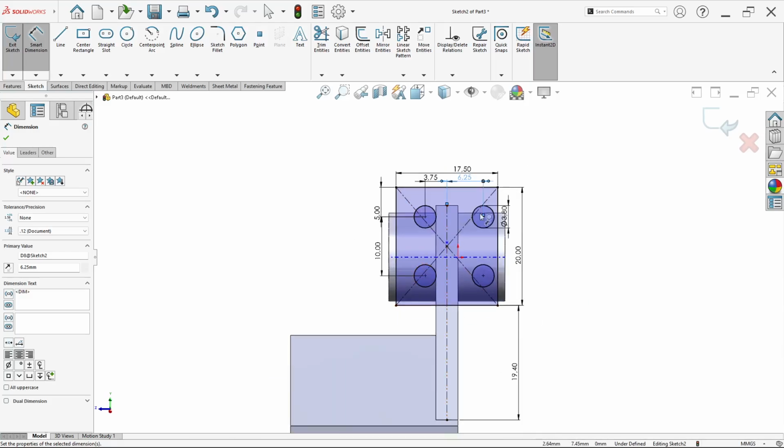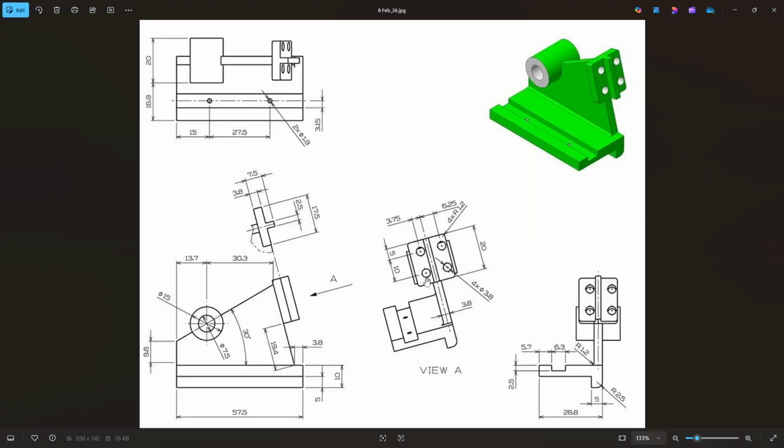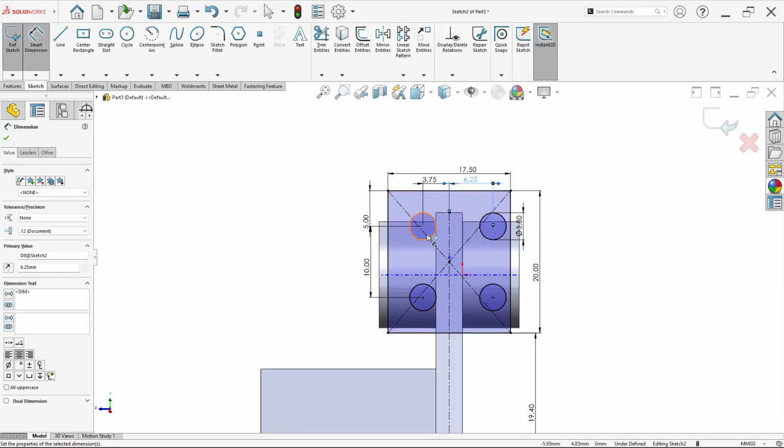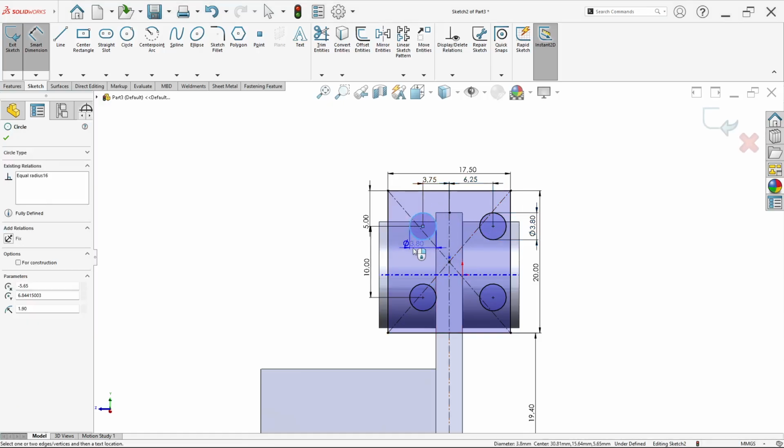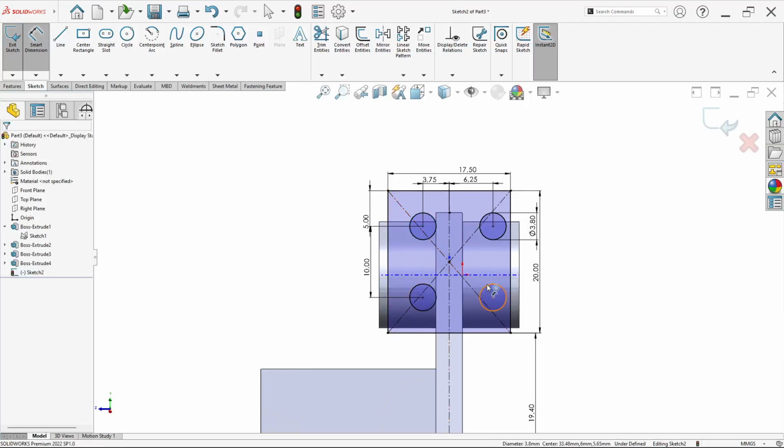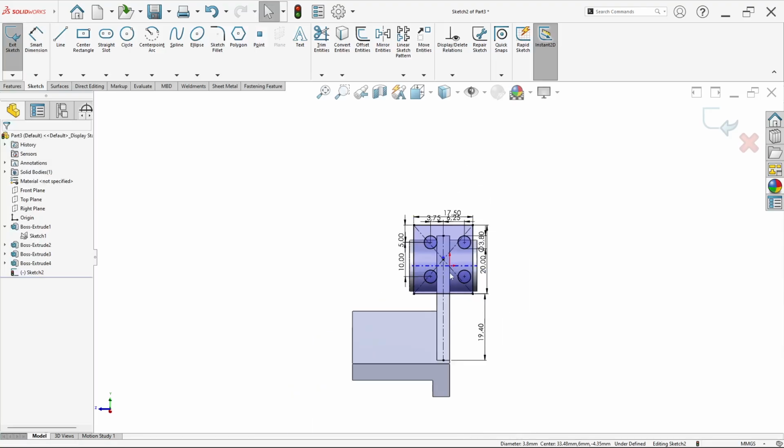So ensure you input all dimensions like this, appropriate to this drawing. 3.75, and here you can check the diameter, it's correct. Okay.